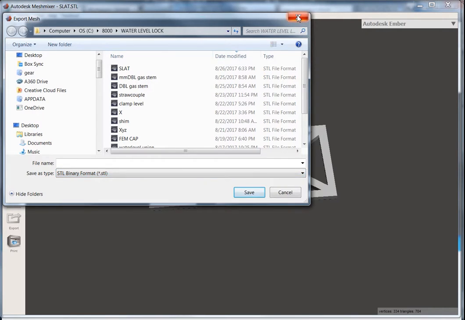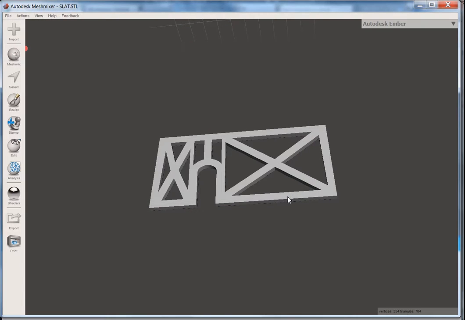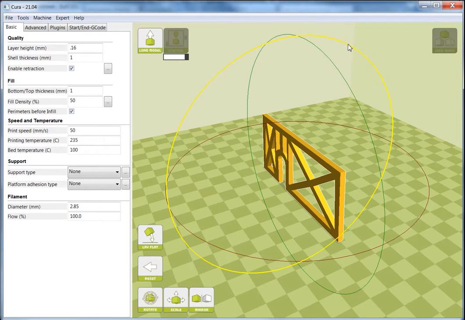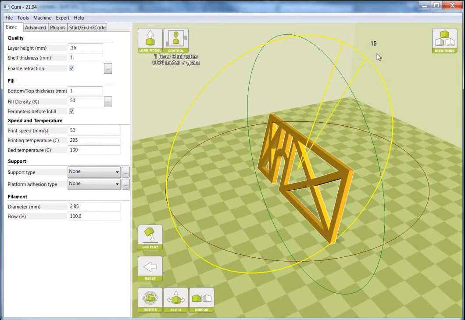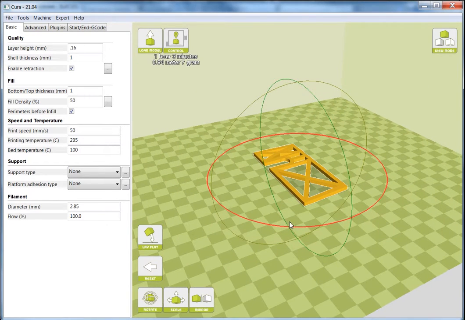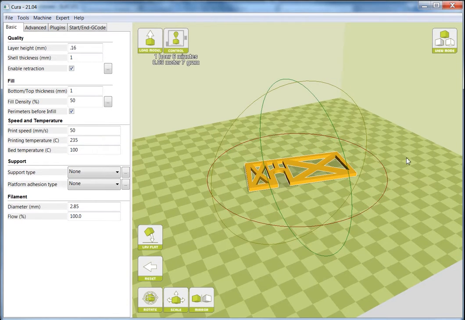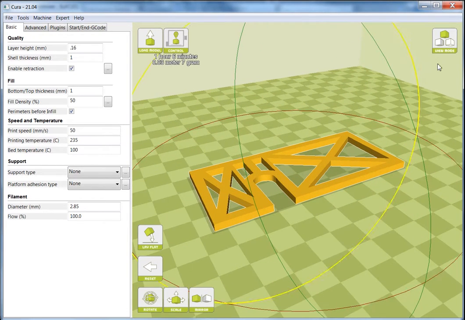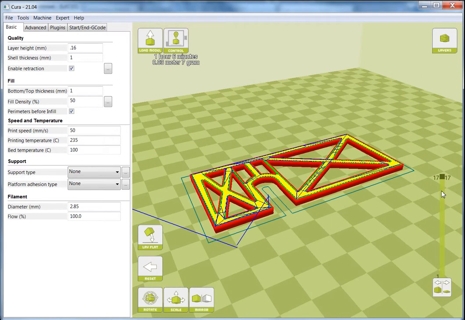Once we have a mended STL file that has a reliable geometry, then we can import it into a slicing or G-code utility, machine code utility like Cura. Cura is very good and uses many templates for various printing machines. It also allows you to evaluate the slices for the integrity of those slices, and you can actually identify if there are still mistakes in the model by being able to look at it layer by layer